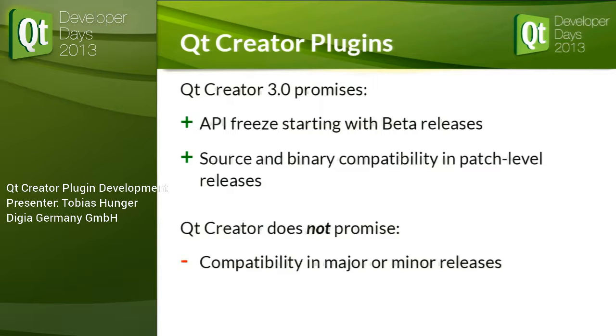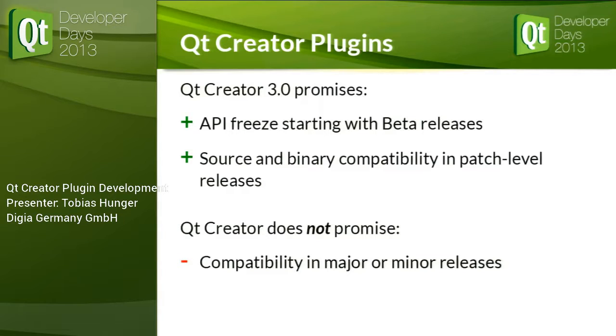So that's basically what I wanted to talk about, the extension system, which is just a library we use. And that's the point I wanted to switch over to QtCreator itself, and what we actually promise. In 2.8 and before, we basically promise nothing. There are no promises of compatibility between even patch level releases, but in fact there usually is, but we don't promise it. But the good news is, starting with QtCreator 3.0, which is about to be released with Qt 5.2,